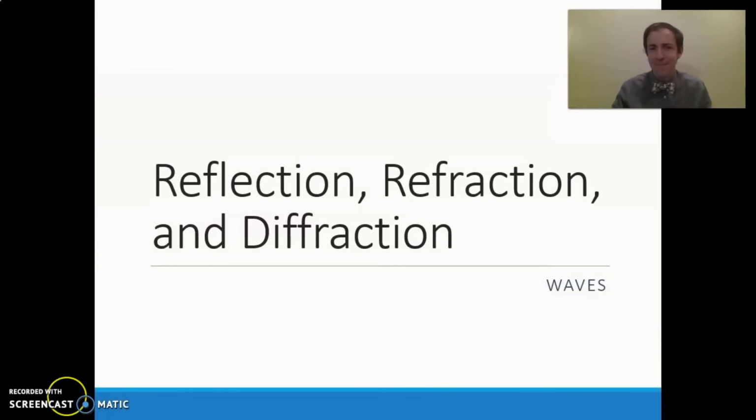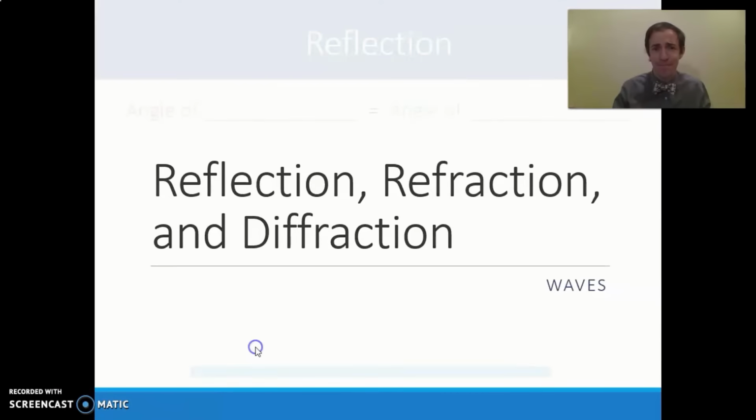For our final topic in this waves unit, let's talk about how different waves can operate as they encounter a barrier or a wall or a change in the medium. Today's focus is going to be on the reflection, refraction, and diffraction of waves. Now, everything that we're going to talk about today can actually operate for both light and for sound. More often, we think of these as light transformations, but all of these can go for really any type of